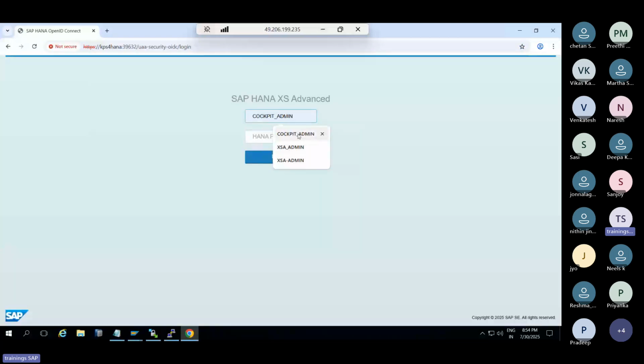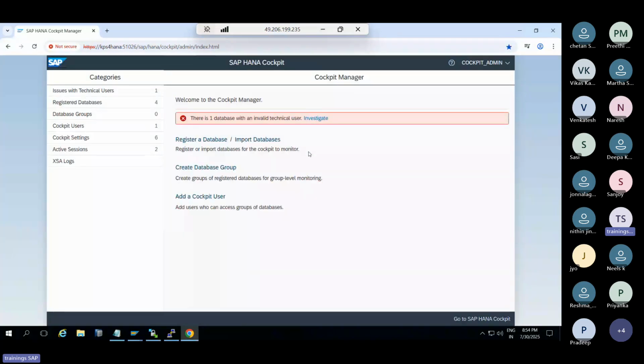So now let's do the restore from HANA Cockpit. How to do the restore? Suppose, for example, let's take the database as